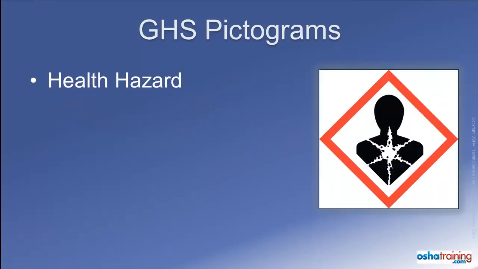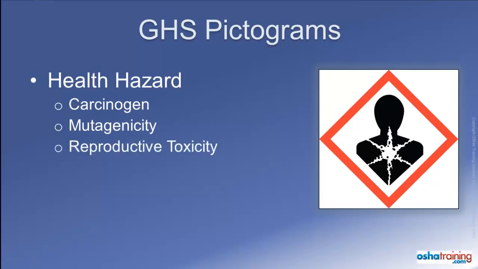The health hazard pictogram identifies toxic chemicals and products that can cause health problems over a long period of time, such as carcinogens, which can lead to cancer, mutagens, which can cause alterations in your DNA and affect your offspring, reproductive hazards, which could affect the ability of men and women to have healthy children, respiratory sensitizers, which could cause